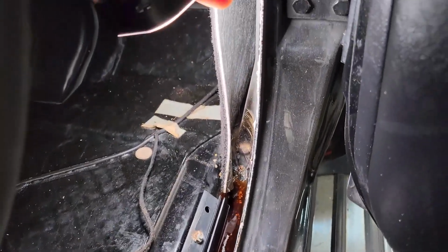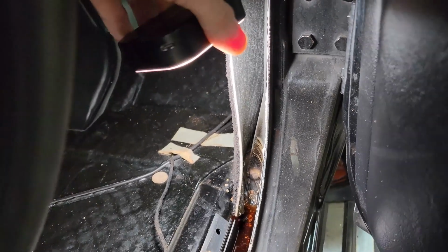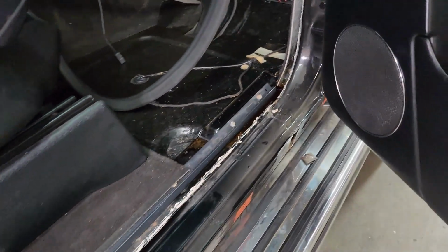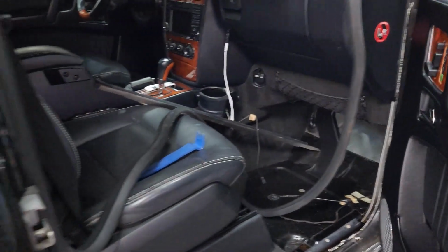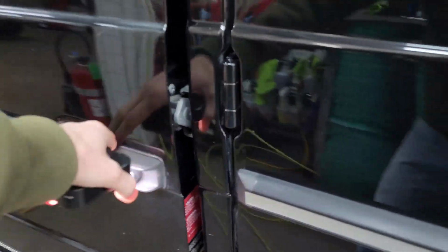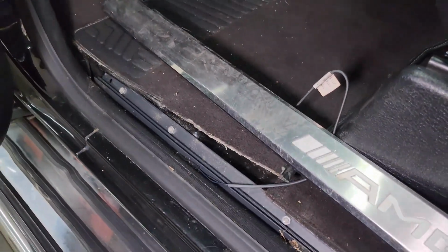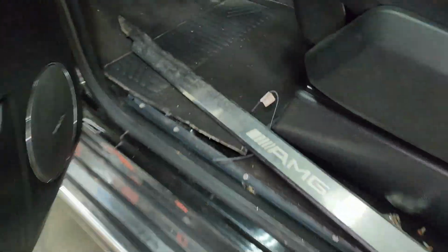And even behind this carpet panel on the front, the bottom of that is all wet. And once again, you can tell it's had a decent amount of water in there. So this is something, obviously, you'll have to diagnose and leak test the vehicle, figure out where it's coming from, whether it be a door seal, sunroof drain, windshield seal. There's a few different areas that it could be coming from. And of course we actually checked the driver's floorboard under here, and it is perfectly dry